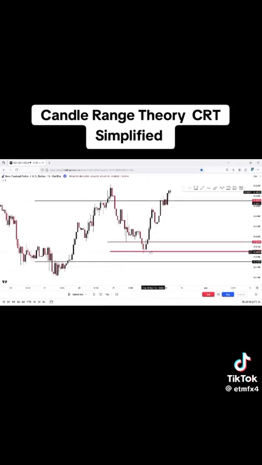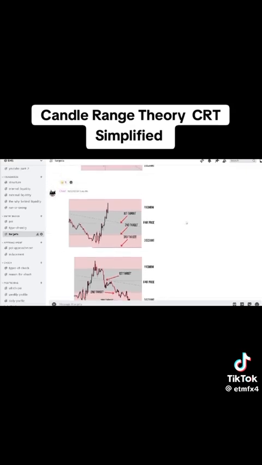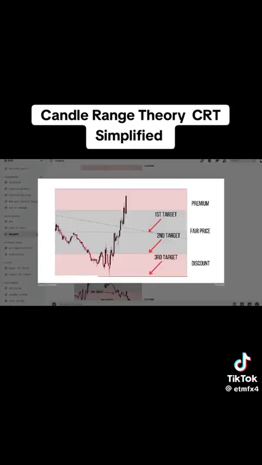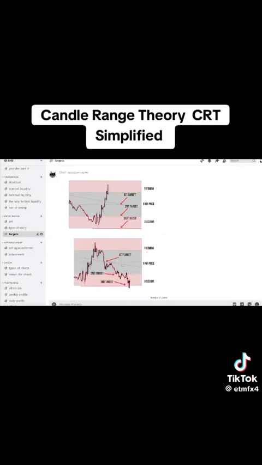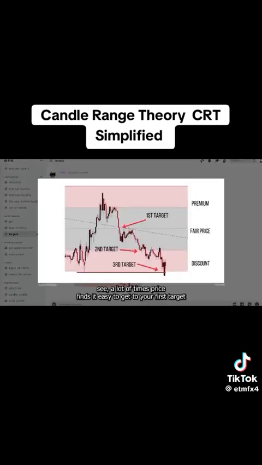As you can see, once price reached the 50%, price reversed. So this is your first danger point. And any danger point is a point where you take profit. And the reason we look at targets this way is because of the probability. So your first target should always be your fair price, because this is where price is even. Now, once price gets to your discount, this is where price could also be bought at. So these are all your levels of danger. And your third target would be your external liquidity, which is at the bottom of your CRT range. As you can see, a lot of times price finds it easy